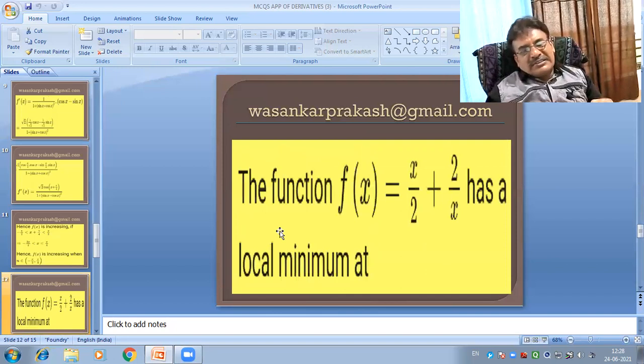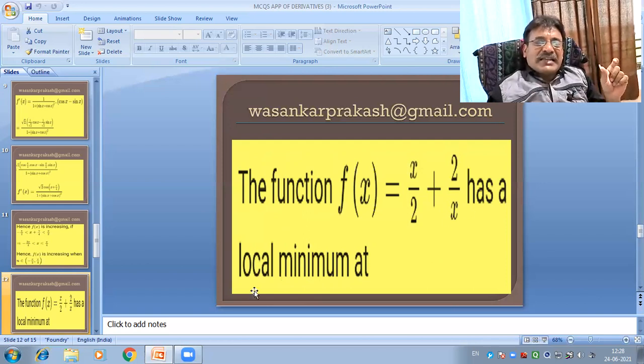Next, multiple choice questions. That is the third MCQ on applications of derivative, and we choose this MCQ on maxima and minima. This is again one very important multiple choice question. The function f of x is equal to x by 2 plus 2 by x has a local minimum at